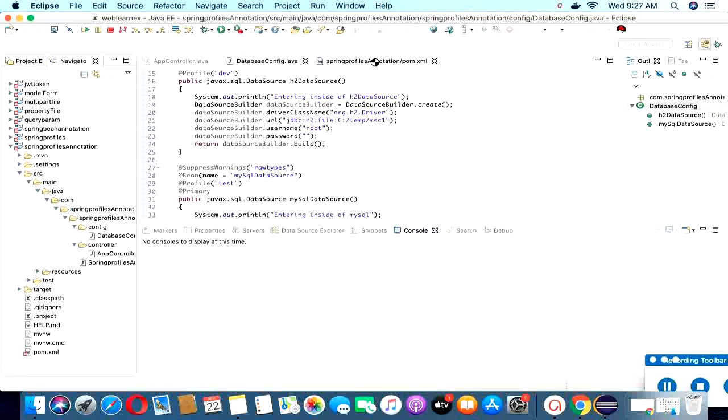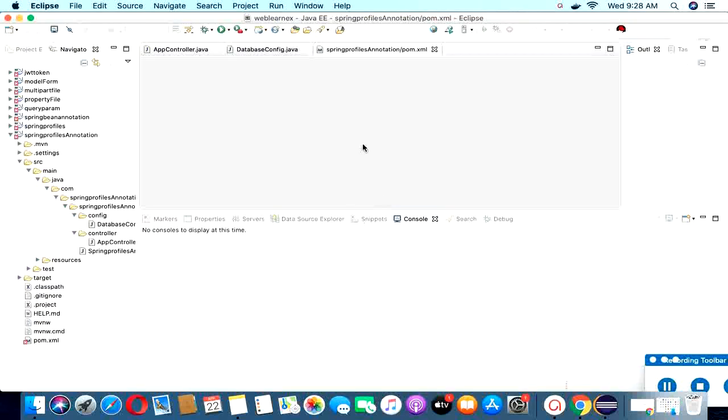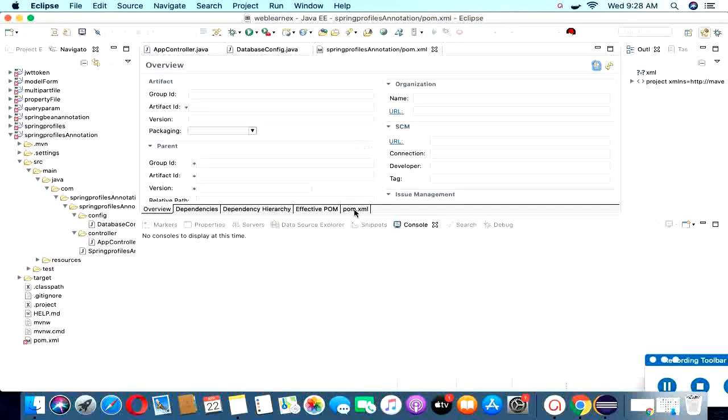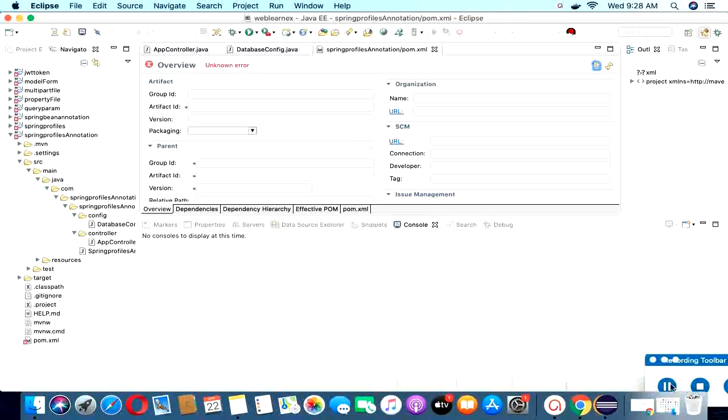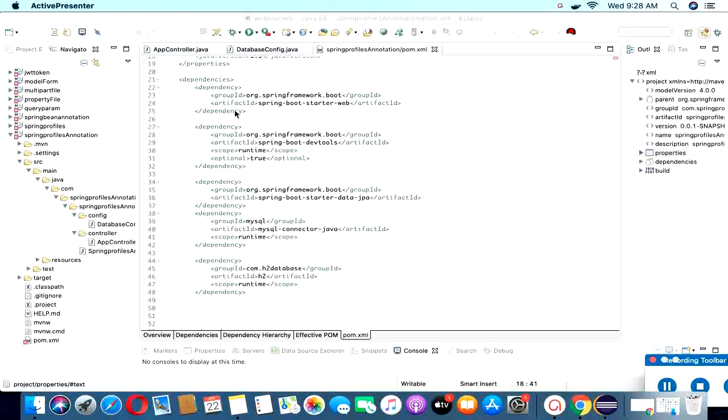For this I need to add two different dependencies for the different environments. Now you can observe here I added some dependencies.